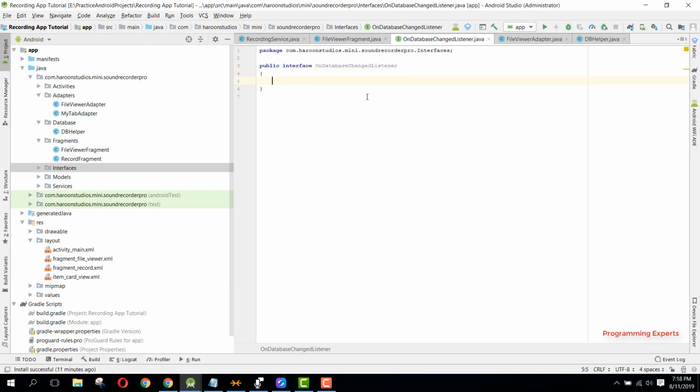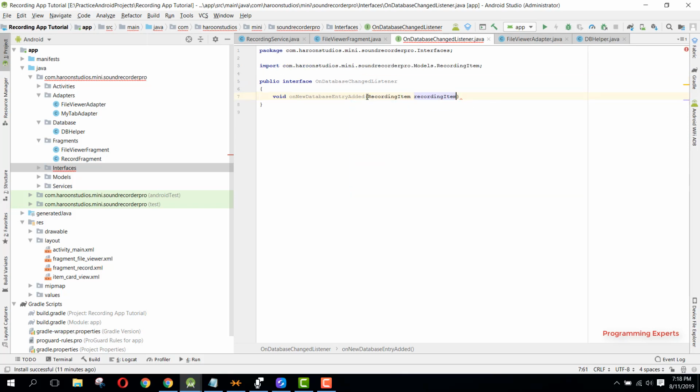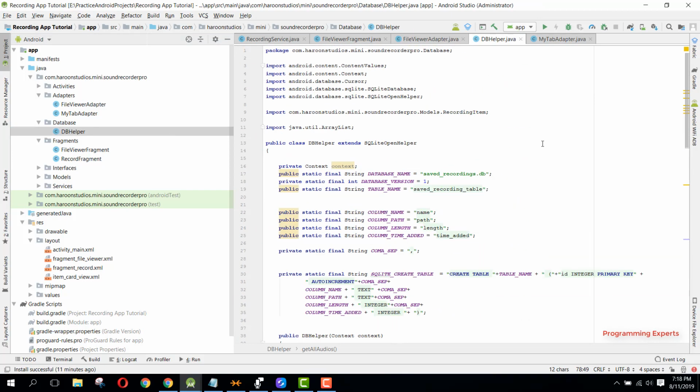And here we will define only a single method, that is void onNewDatabaseEntryAdded, and here it will have the RecordingItem object. Okay, so after this what we are going to do is, inside our DBHelper class, so first of all here we can say